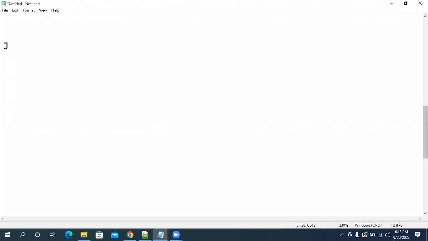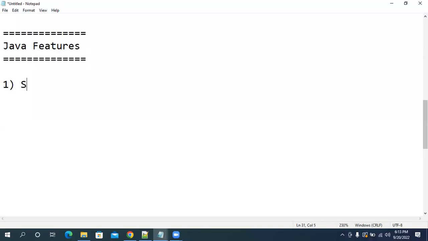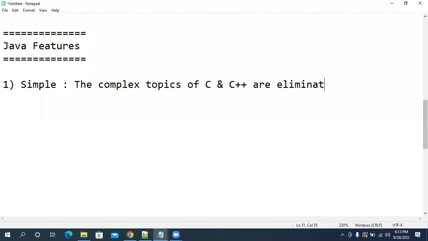After that, we tried to understand Java features. Yesterday we started with the features of Java. The first feature we understood is simple. Why do we say that Java is simple? The complex topics of C and C++ are eliminated in Java.